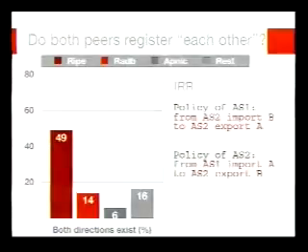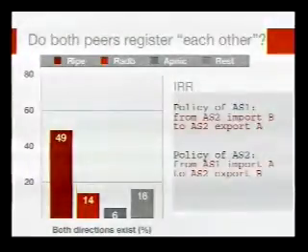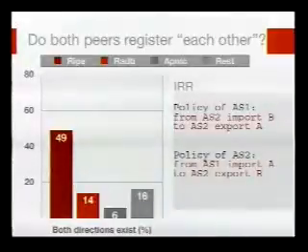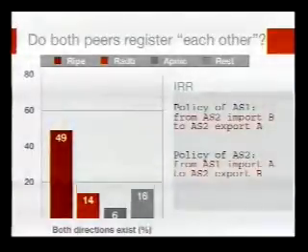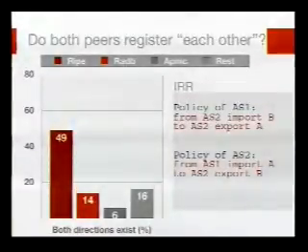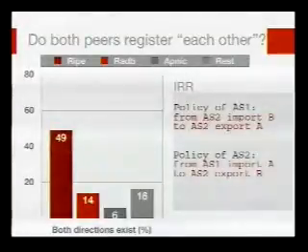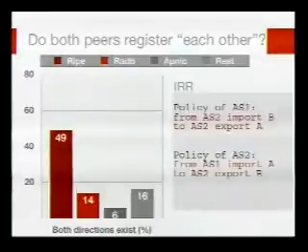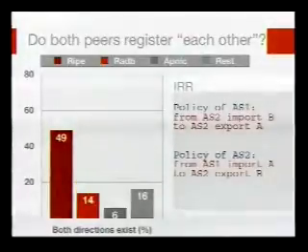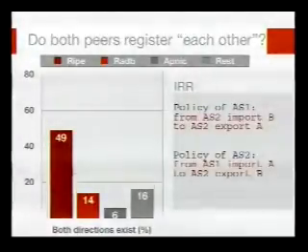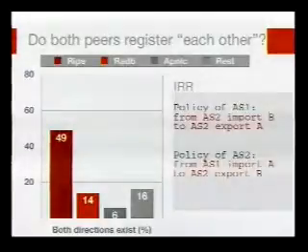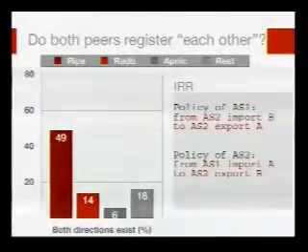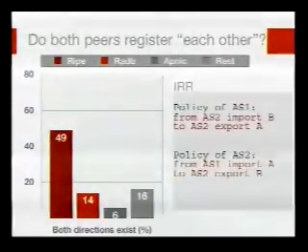Does AS2 register that it has a link with AS1? We compute the percentage of the links that exist in both directions per registry, and we find out that for 49% of the links in RIPE, the reverse direction exists, while for RADB the percentage is only 14%, for APNIC it is even lower, 6%, and for the rest, 16%.